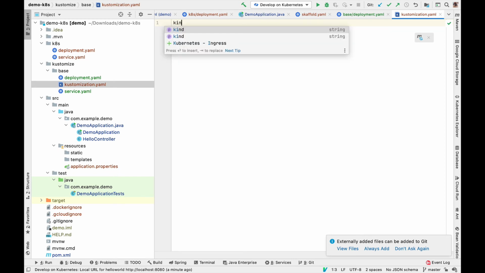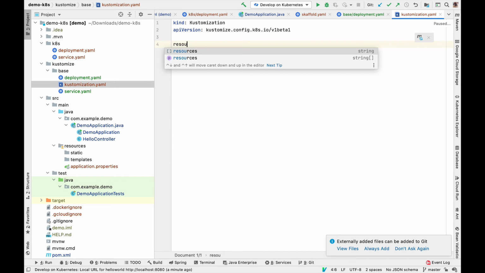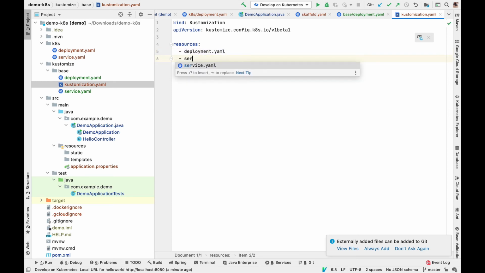And this has a specific kind. And once you have this customization file, then you can start to list the resources, or these files that you want to be able to customize later. So for example, in our case, I'm going to add the deployment YAML and the service YAML. And so far, everything feels normal.